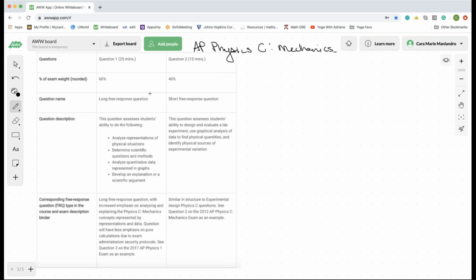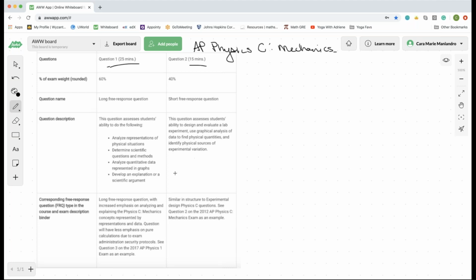All right, and so all of you know that we're going to have a little bit of a different format this year. There's no multiple choice. It's just 2 free response questions, one right after the other. And they've given us a little bit of detail about what kind of questions they're going to ask us. All right, so they are going to be giving you a long one and a short one.